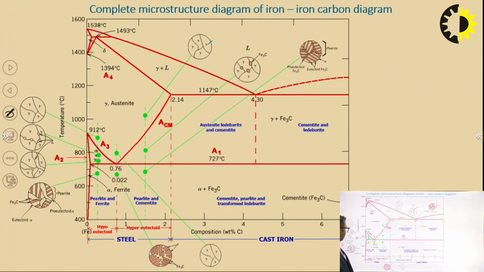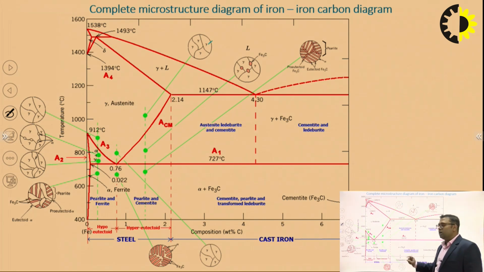From below 0.76%, hypoeutectoid steel; 0.76 to 2.14%, hypereutectoid steels; from 2.14 to 4.30 you see the hypoeutectic cast iron, and from 4.30 to 6.67 you see the hypereutectic cast iron. So from 2.14% to 6.7% you see the